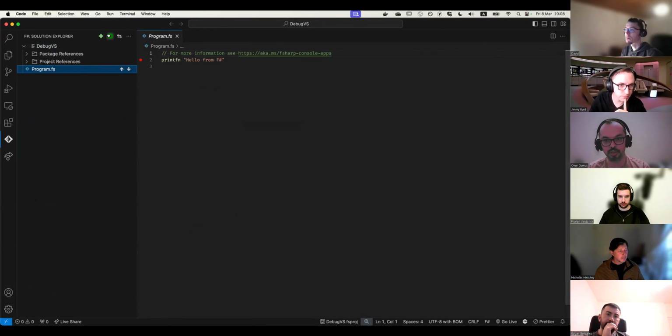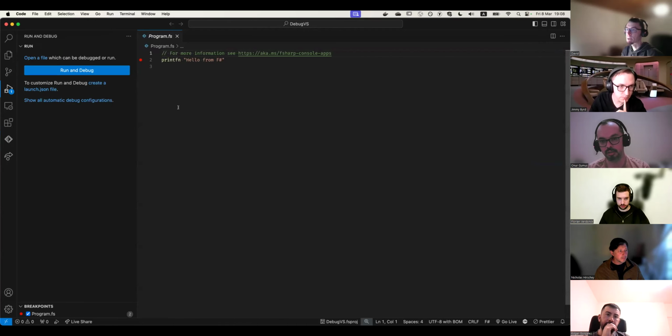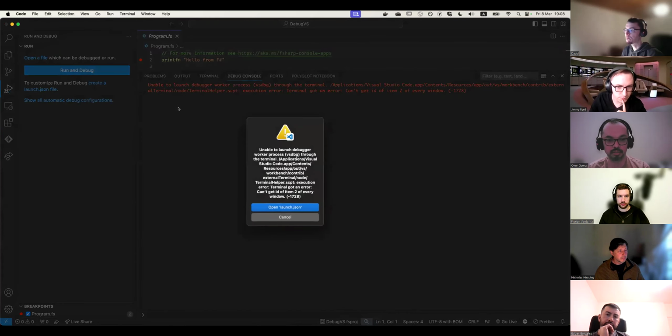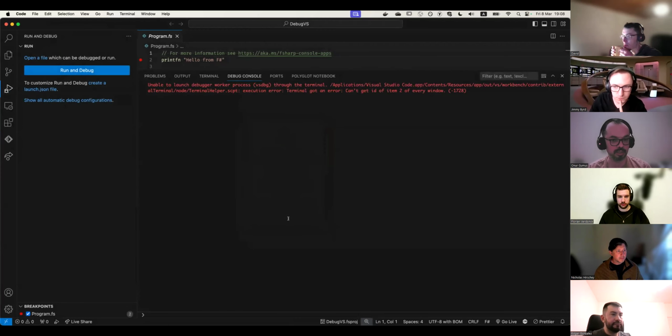So I'll put a breakpoint here, and then I'll just press this button here. And just wait. For me, I'm using macOS, and then I end up with this. For me, it's rather cryptic. It doesn't like something, maybe my terminal or my operating system. If it works for you, I'm glad. But literally, it says that it just doesn't work. So what can we do about it? We have a very simple solution. There's an alternative way, a little bit more verbose, but we'll just go through that.